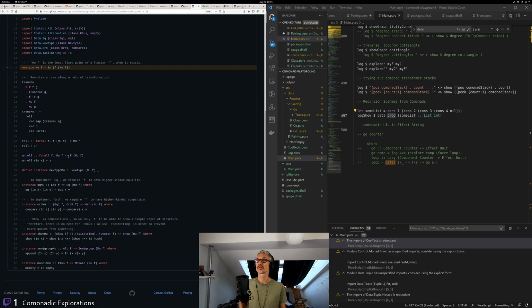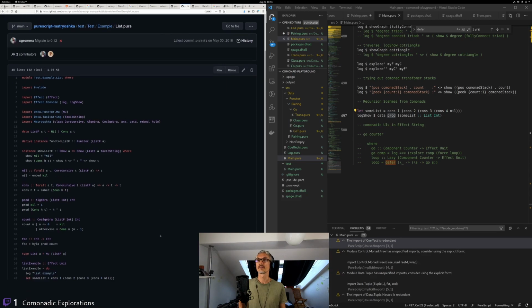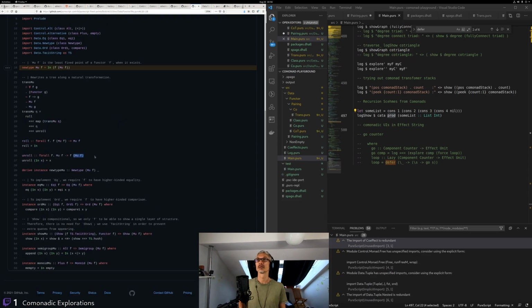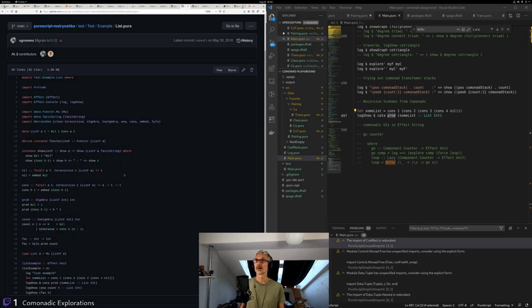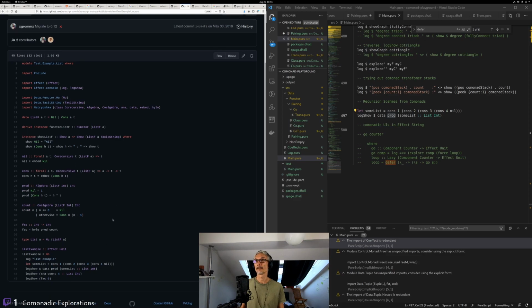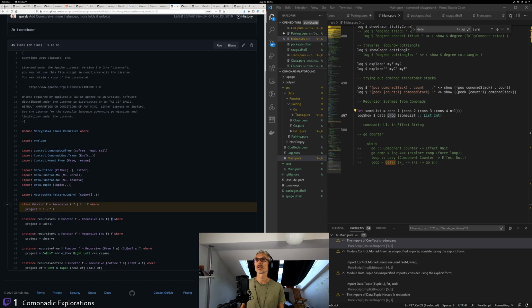Unroll takes the f and returns an f, which is an f of mu f, which is just one peeling, right? Removing one layer of the fixed point. And so this allows us to do exactly the same for different versions of the fixed point, including